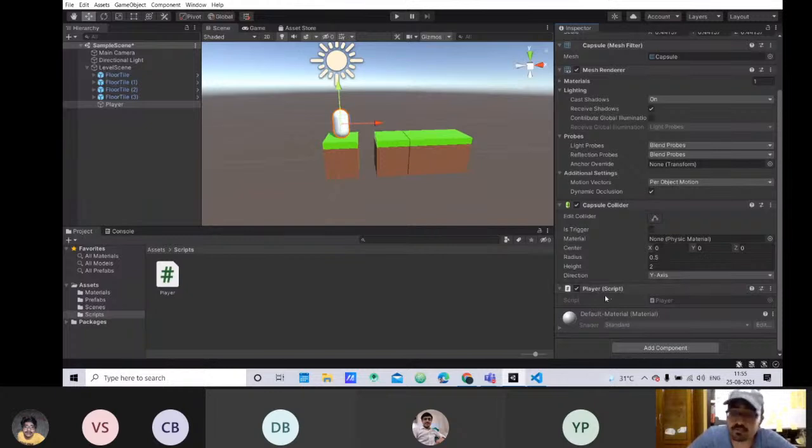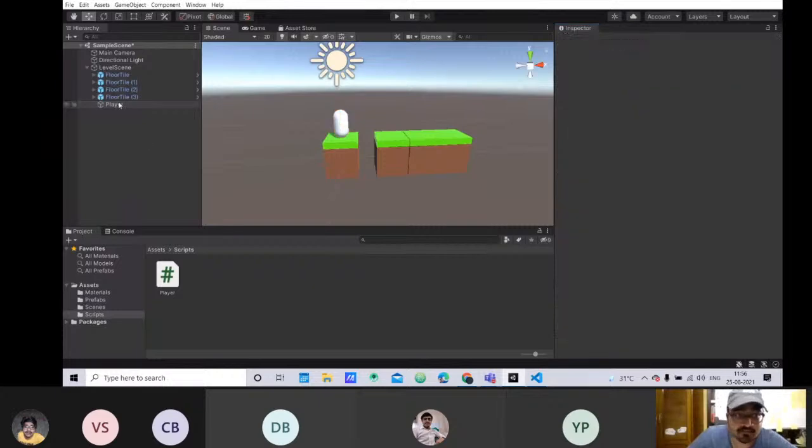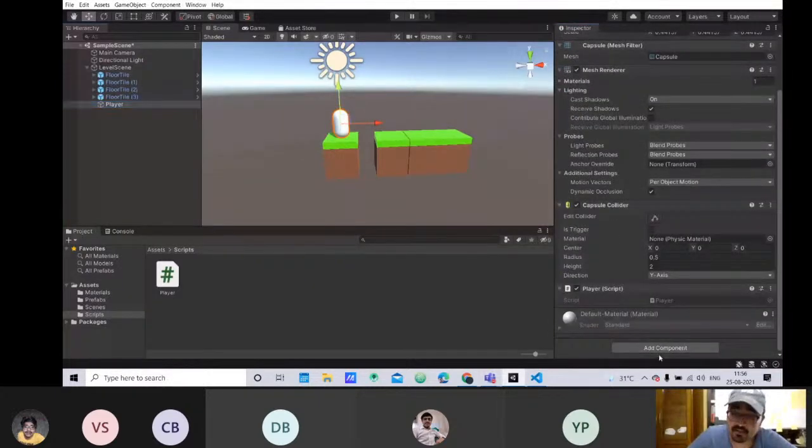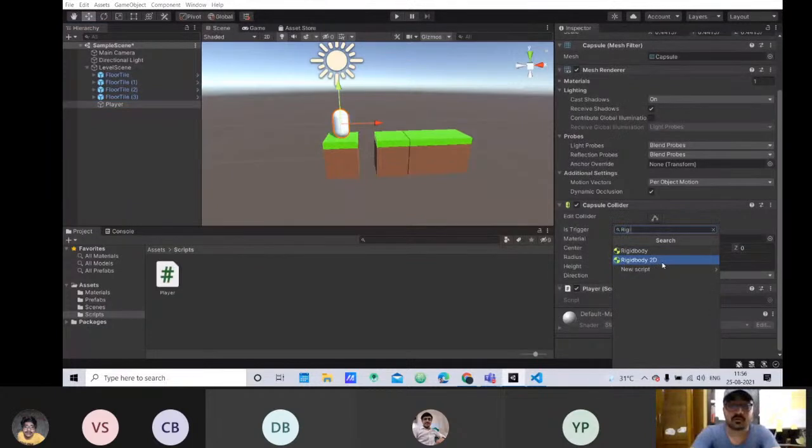Another thing that we want to do is add a component known as the rigidbody. So before we go ahead and make the game object jump, we need something. We need gravity, because if there's no gravity, how will the player jump? It's always going to fly off to space. So we're going to make the game object player jump. So to do that, we need to add a rigidbody. And the way to do that is click on add component. After selecting the player in the inspector, click on add component and search for rigidbody. And you will find two